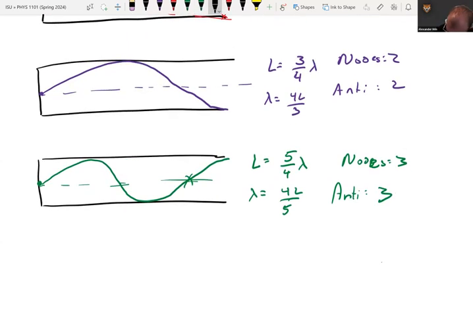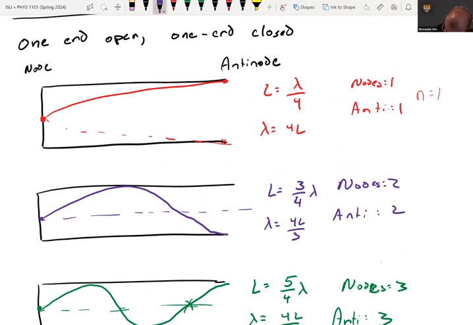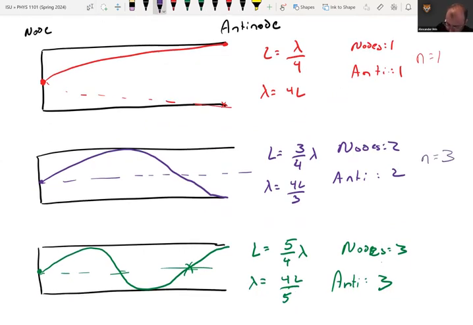All right. So in this case, L is equal to N lambda over 4, where N is odd. And this is one of the things that makes it a little more difficult. In your first harmonic, no problem, it's still just N equals 1. But in your second harmonic, it now goes to N equals 3. And in your third harmonic, it now goes to N equals 5. For this reason, we don't actually call these the second and third harmonics. We call them the third and the fifth harmonics. The whole reason is so that this number, whichever number you're dealing with, matches the harmonic number. So when you have an open and a closed end, you don't have any